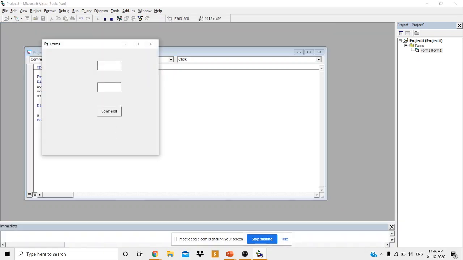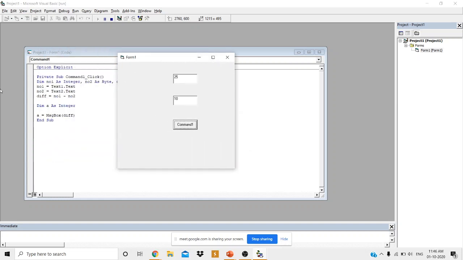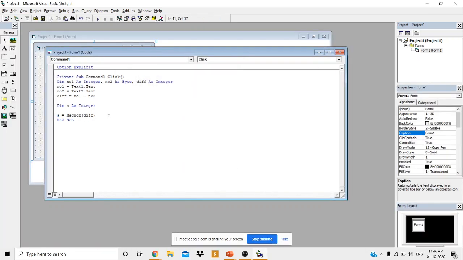Now see here, 25 minus 10 command button. We have got the result as 15, the difference. Then in the code part you can observe how many message boxes we have written, only one. Okay, I will click on OK. Now what value is stored in a? The OK button value, but we have not displayed the value. Next I will take another message box here, message box.